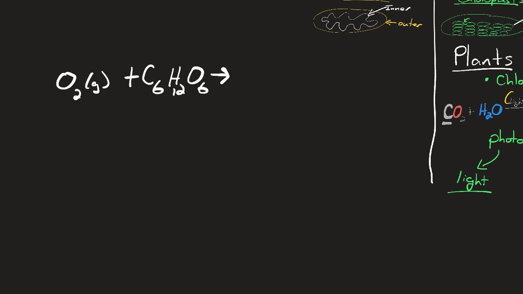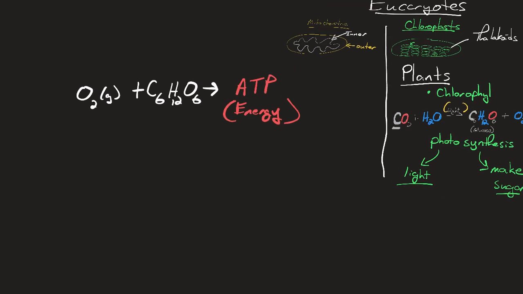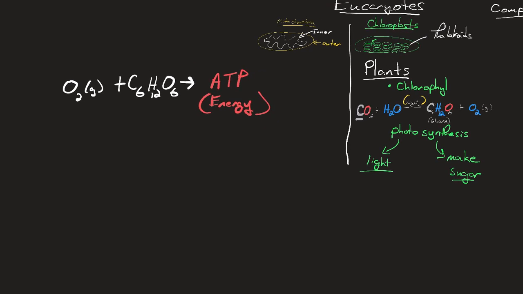So you eat sugar, you breathe oxygen so that you can make ATP. That's energy. Now, it's not light, but it's still energy. Still energy, still the stuff. And then you take that and then you add it to, then what else do we produce? What else do we produce? Carbon dioxide. That's right. Look at, I said it's the reverse, guys.